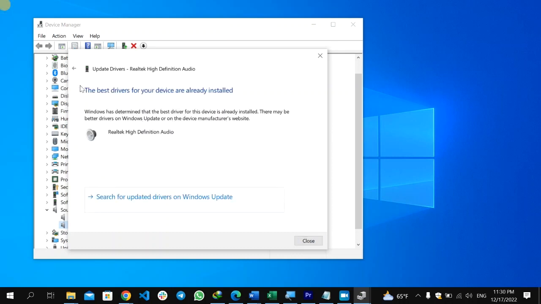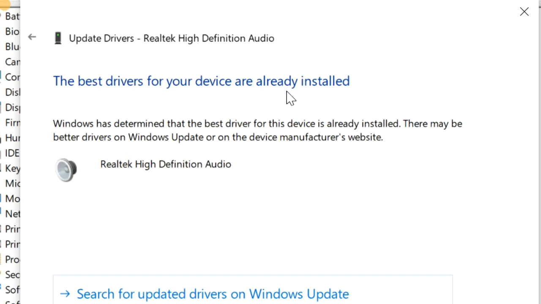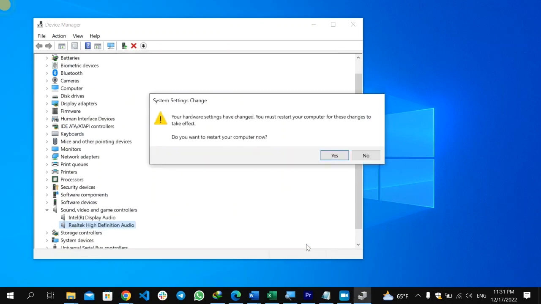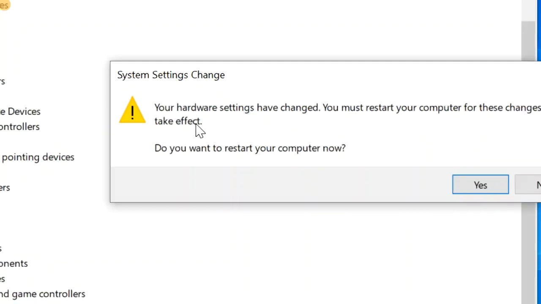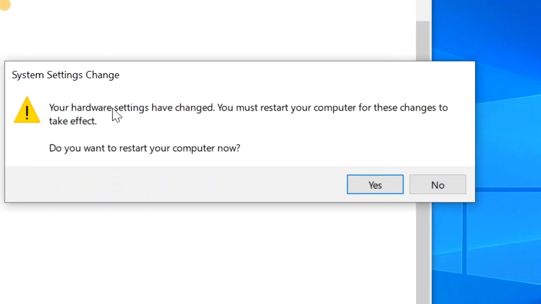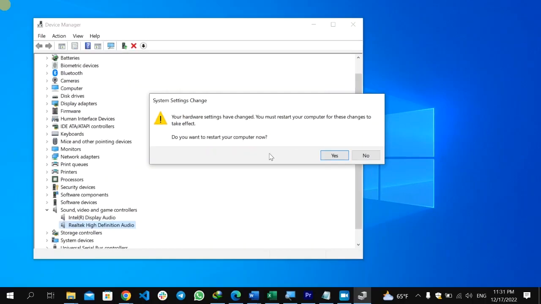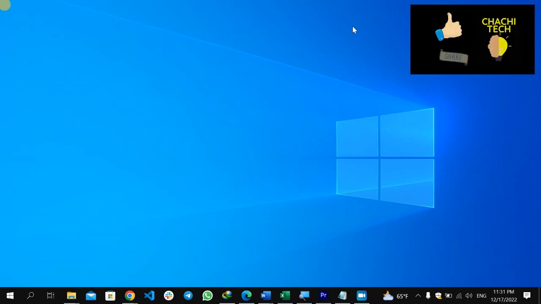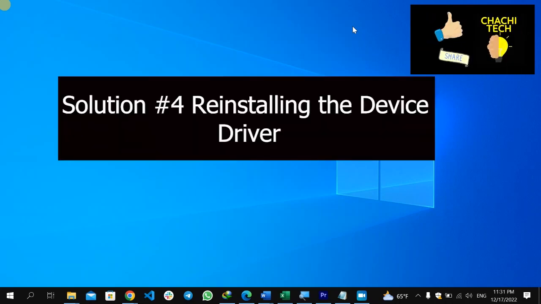After you select that, in my case it shows the best drivers for your device are already installed, so it just finished. Then close this, and it's showing me to restart your computer because your driver is updated. So select yes in order to restart. If updating the driver would not be the solution for the problem, then the fourth solution will be